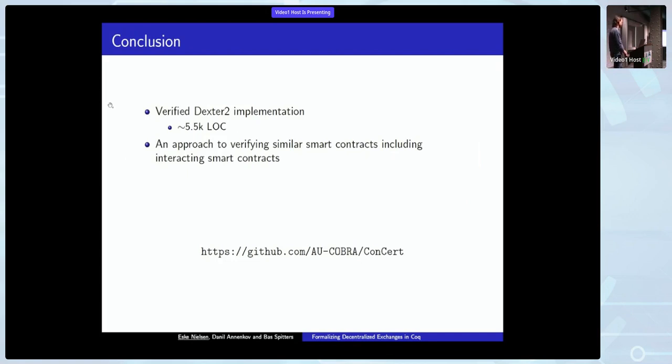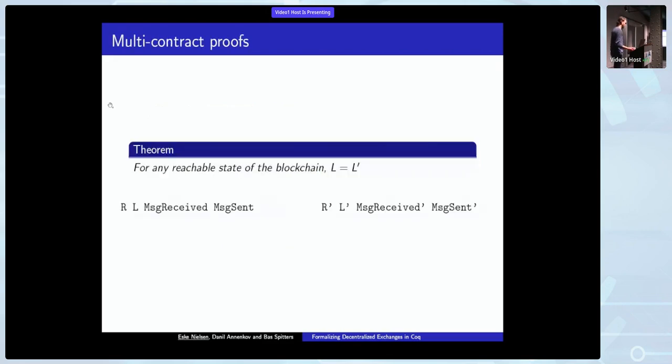Well, can you explain a little bit more on how you compose the proof for a single contract to get the proof for the whole system? Yeah, so